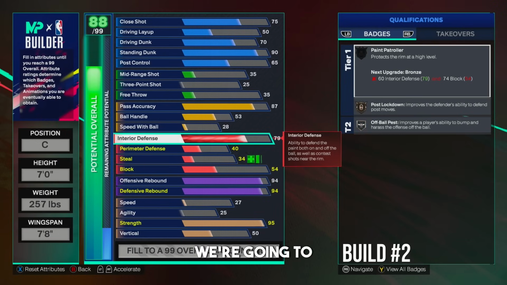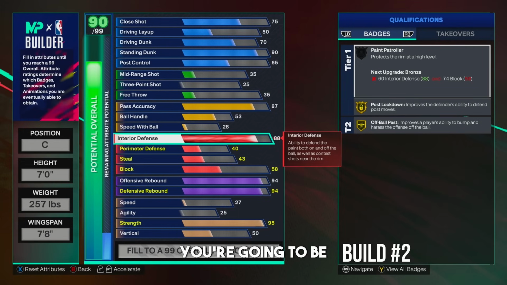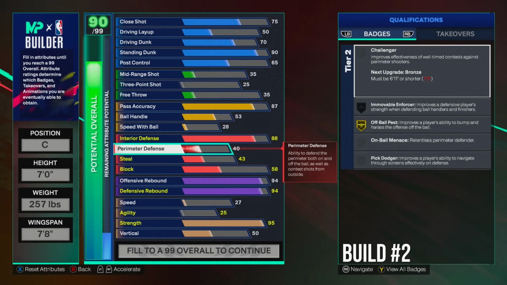Now for the interior, we're going to put this all the way up to an 88 to unlock post move lockdown on gold. In case you go up against a post scorer, you're going to be able to get some consistent stops on this build. And for the perimeter, leave this at a 40. Honestly, you're slow, you're big, you're not going to get contested anyways, and your job on this build is to